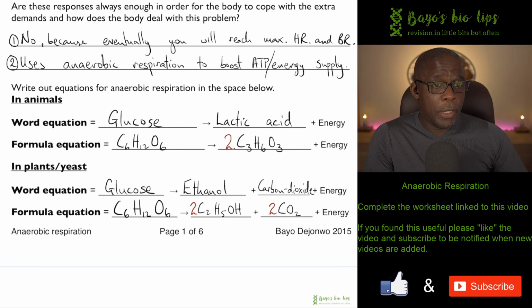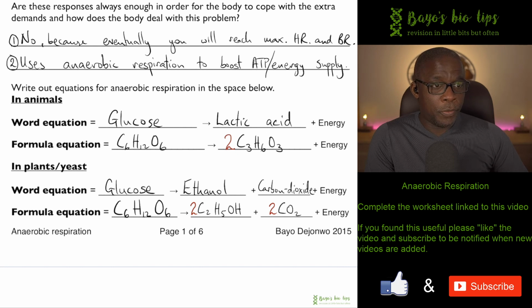Now we go on to plants and yeast. In plants and yeast, the breakdown of glucose in respiration leads to the production of ethanol and carbon dioxide. We'll talk about why carbon dioxide is released when we look at the formula equation. So in the formula equation, you've got the formula of glucose, which is C6H12O6. And when it's broken down during anaerobic respiration, you end up with ethanol, which is C2H5OH, and carbon dioxide,